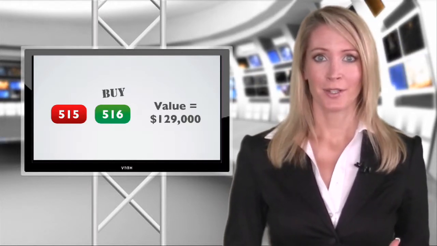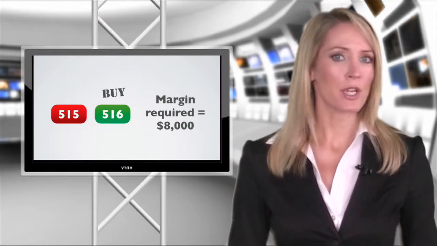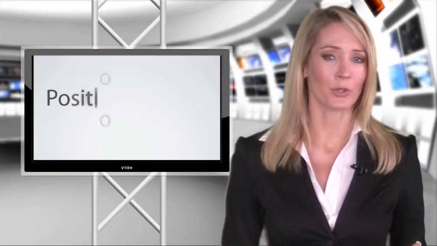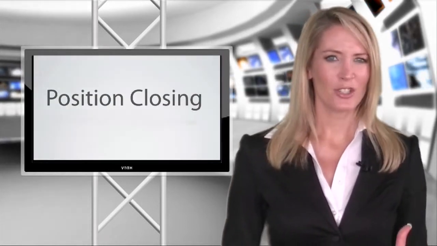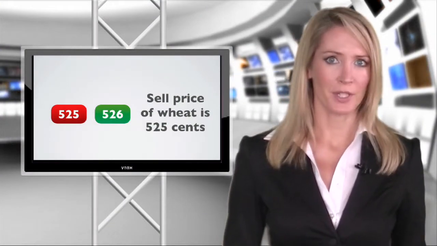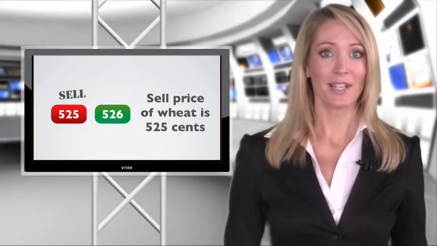$129,000. The margin required is $8,000. That's 2,300 multiplied by 5. The investor freezes only $8,000 on the account in order to get control over wheat in the value of $129,000. Position closing. 5 days later, wheat is quoted 525 to 526 cents per bushel, and the investor decides to